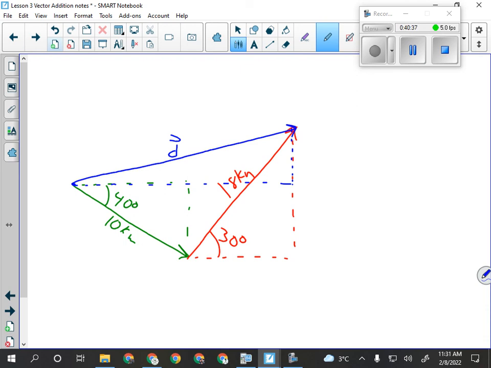That's what we're going to be headed towards tomorrow: being able to resolve a vector into its x and y components. So this side here would be green x. This side here would be green y. This side here would be red x and red y. And here's where we go from there. Once we find those,